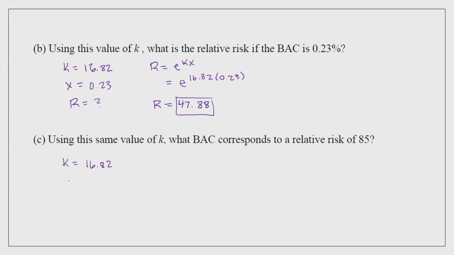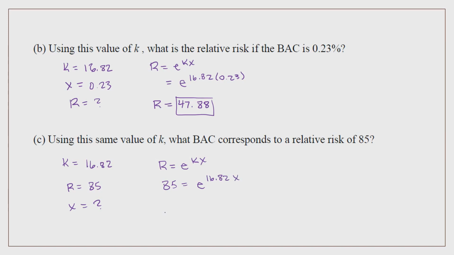And we are trying to find X, which is the percent concentration of alcohol. So our R here is 85, and we want to find X. So using our equation, R equals e to the power kx, we'll have 85 equals e to the power